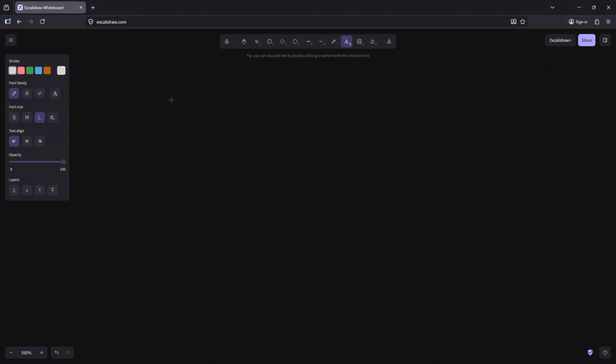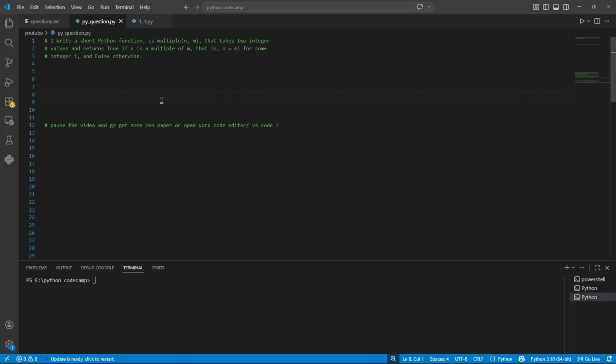Okay, so this is the canvas. So n equals m times i. This is the simple equation we have been given, and we have to code out of it. So what we are being asked is, for n, whether it is a multiple of m or not. So let's go to the code editor and write the function def is_multiple, in which you're passing